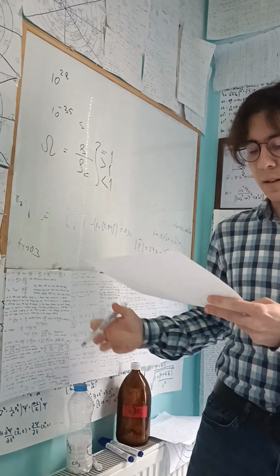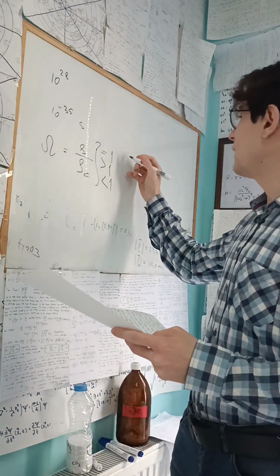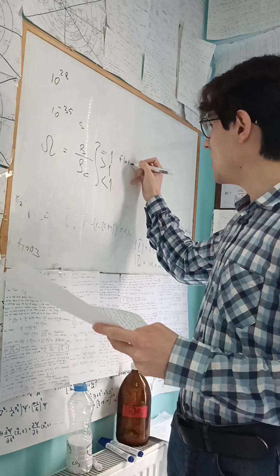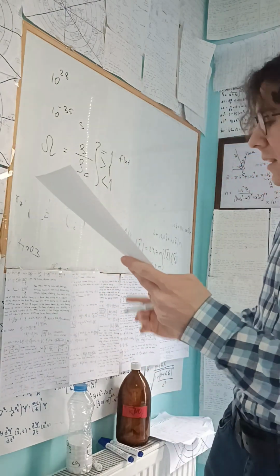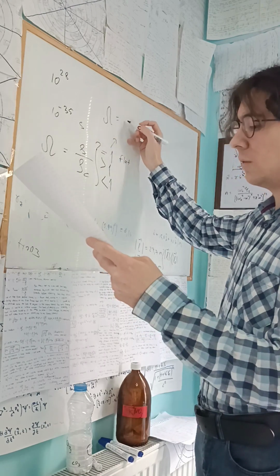For today's universe, we know that the mass density of the universe is nearly flat, which means omega equals 1. And actually the value of it is, let me write down,